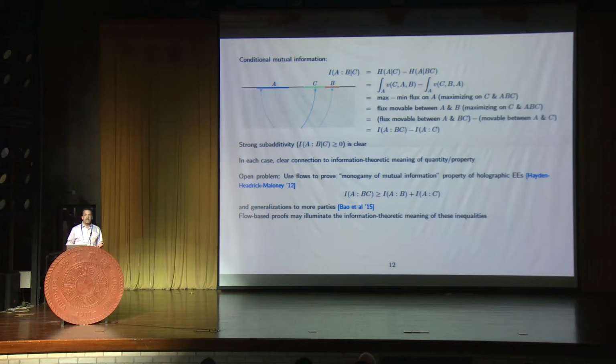Now, one thing we don't have and that we really want is the information theoretic meaning of some of these special properties of holographic entanglement entropy, which include, for example, this monogamy of mutual information inequality, which we know to be true. We can prove it using the minimal surface prescription, but we don't really know what it is implying about the special properties in any conceptual sense of holographic states. And I think if we had, which we don't, a flow-based proof of this inequality, that might get us some mileage in that direction. So that's an important open problem.